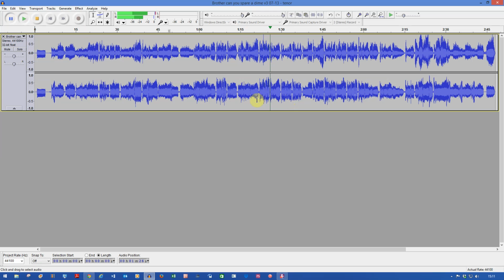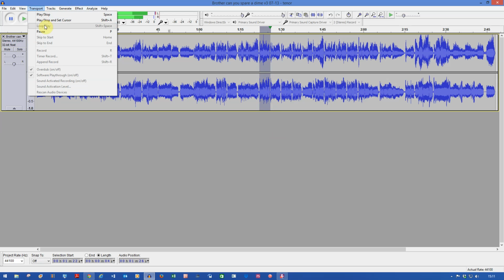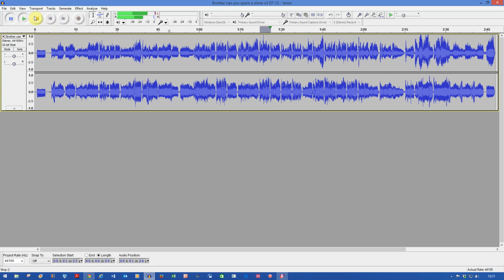Now let's assume that that's the bit you've been having problems with. So we're going to just play that little section over and over again until we get it right. So we're going to grab our left button on the mouse and just move it across until you've grayed out that section. You're then going to go to transport at the top and come down and wait a minute, you've got to say stop before you can do that. We're going to try that again. Grey that section out,